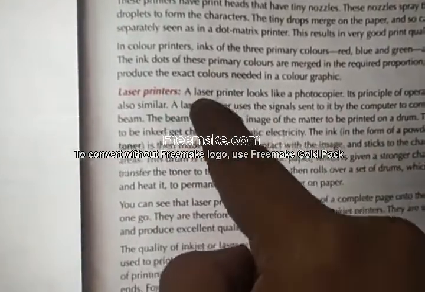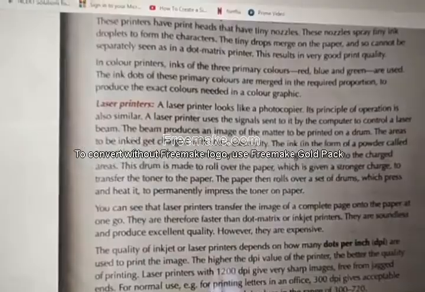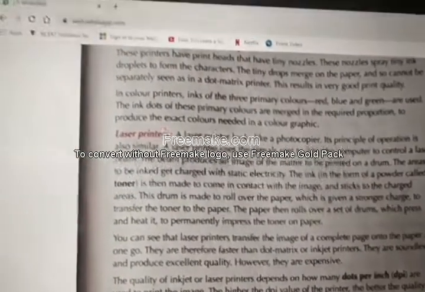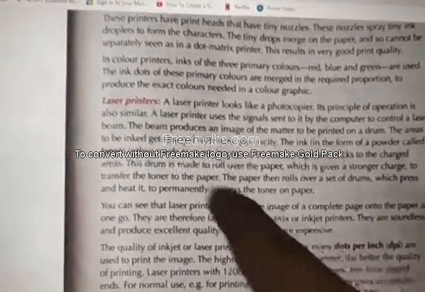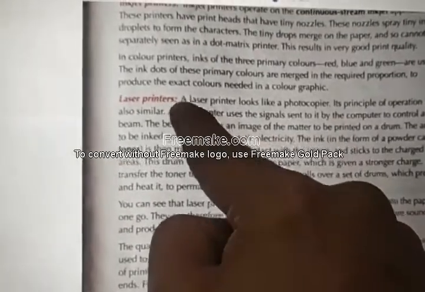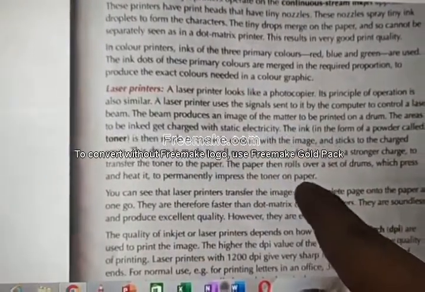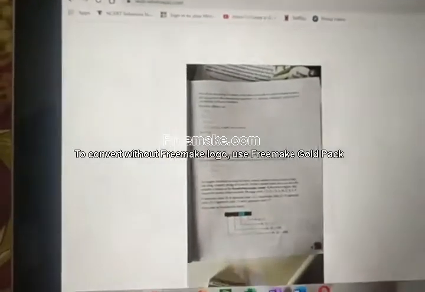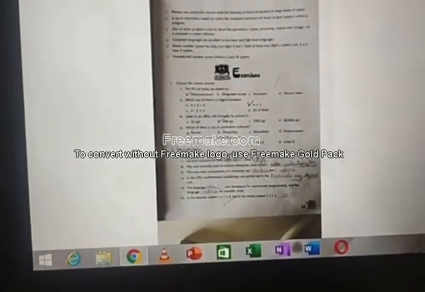Now question number 11, point number 3 is from a laser printer. From here the whole paragraph till here. From a laser printer till toner on paper. This is question number 11, point number 3. This is a little bigger one, I think. Okay, it may come for 5 marks. Not sure. It may come for 5 marks.